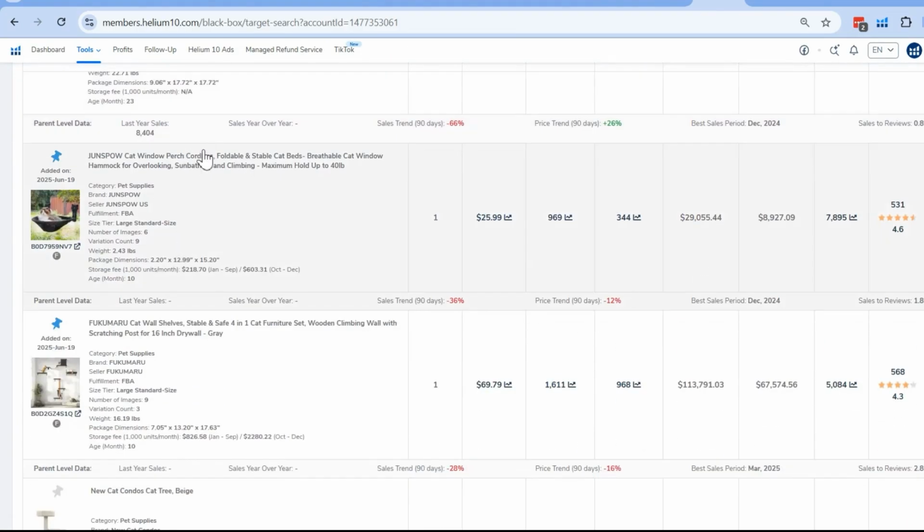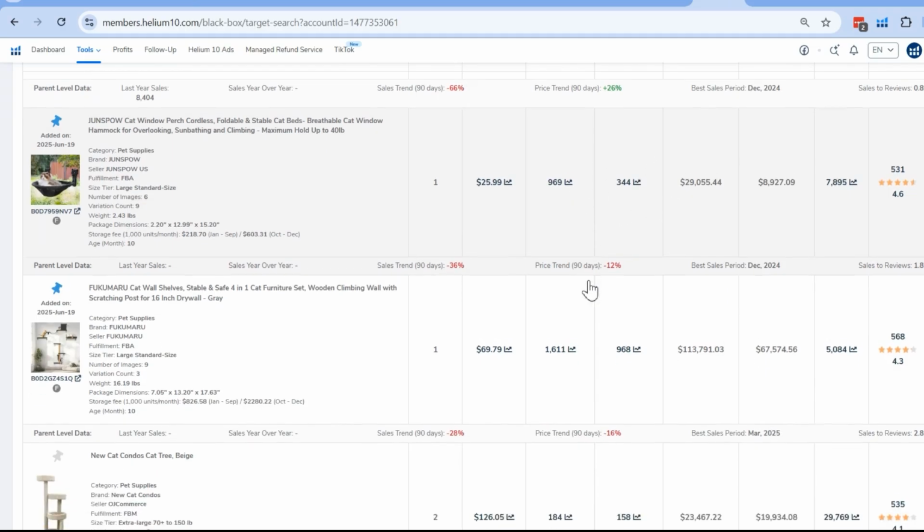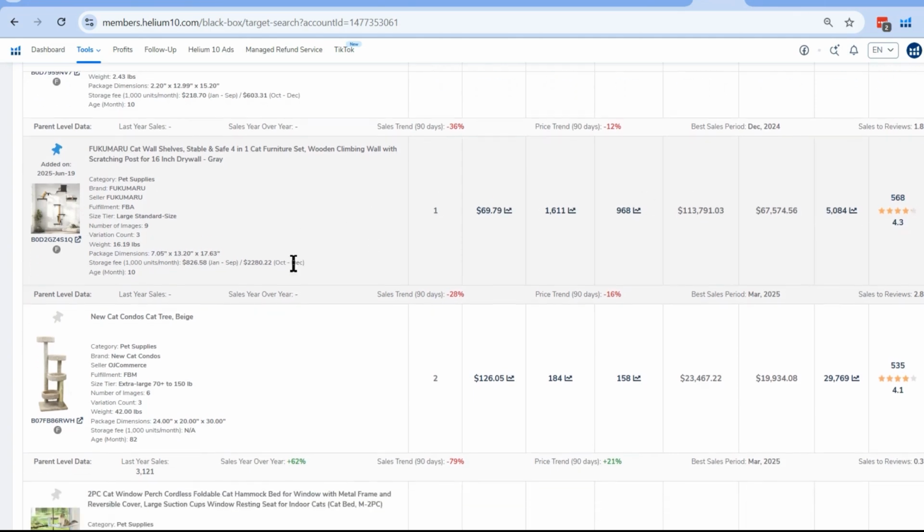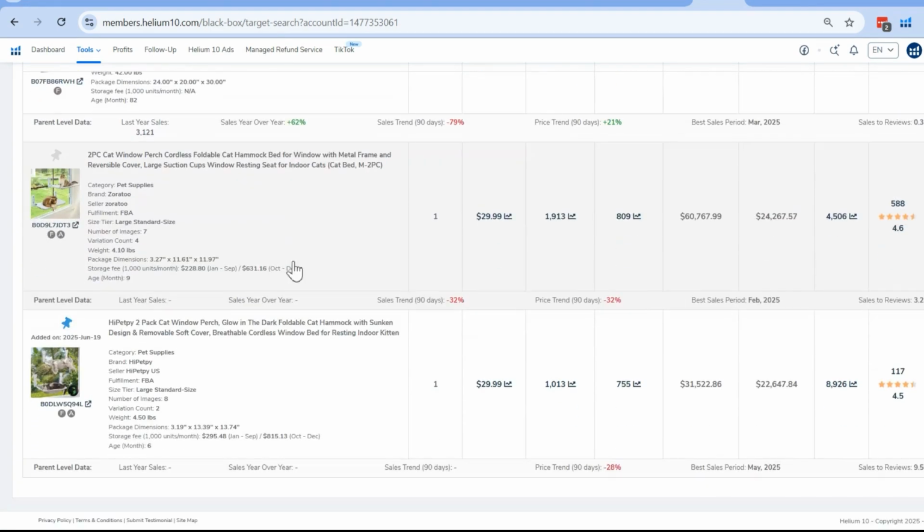The first product that we have seen is the cat window perch, cordless, foldable, and stable cat beds, breathable hammock for overlooking, sunbathing, and climbing. It can hold up to 40 pounds, and with 531 review count and more than 7,000 in revenue, it is targeting a heavier set of cats. Another product that we have seen is the cat wall shelves, stable and safe, 4-in-1 cat furniture set, wooden climbing wall with scratching post for 16-inch drywall. The takeaway here is if you already have a product idea, product targeting helps you expand your offer and increase